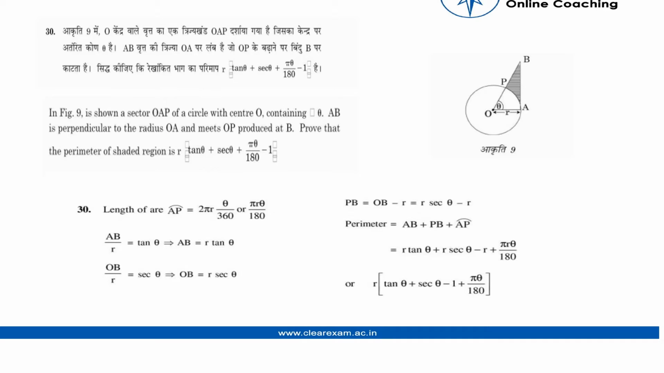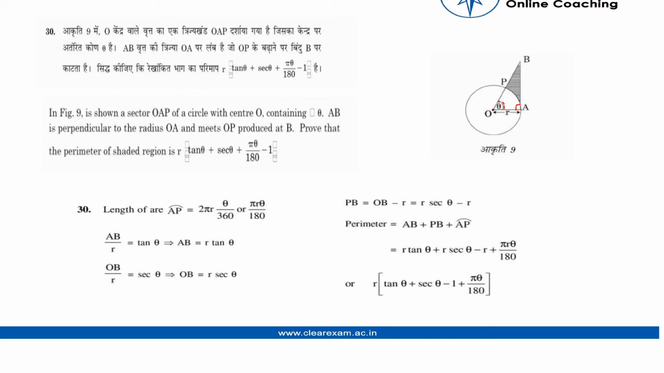In the given figure, we are showing a sector OAB, with OA and OB. This is a sector of a circle with center O containing angle theta. This is the angle theta, and AB is perpendicular to the radius OA, that means it is a 90-degree angle, and it makes OP,